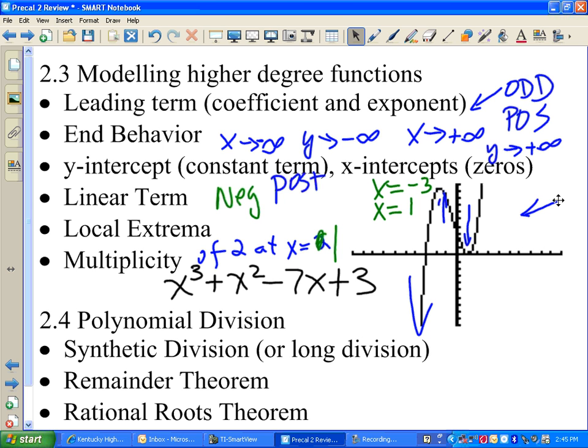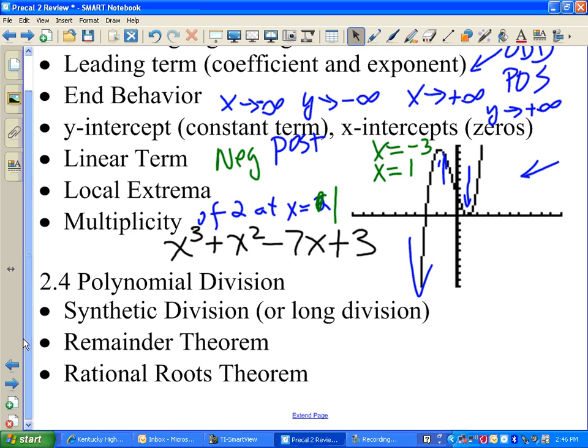All right, section 2.4 is you'll have to do either polynomial division or synthetic division. It won't matter to me which you decide to do on the test, but there will be a case where you have to simplify a polynomial equation. You'll know that one of the roots is, say, x equals 1, and you'll have to divide by 1 to simplify it. The remainder theorem simply says, or the factor theorem says, that if you think